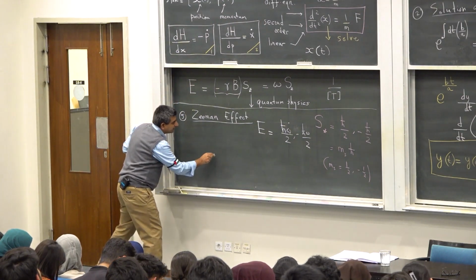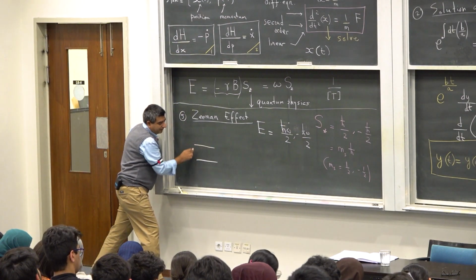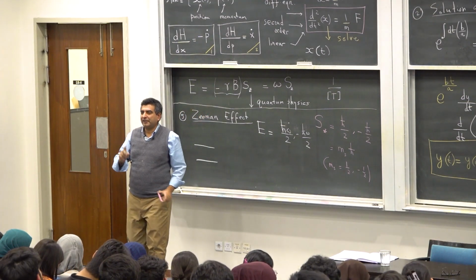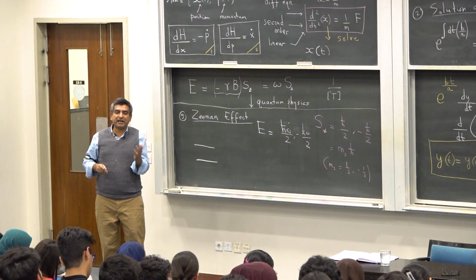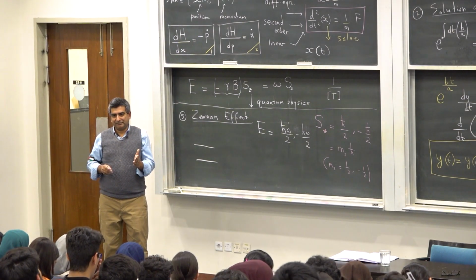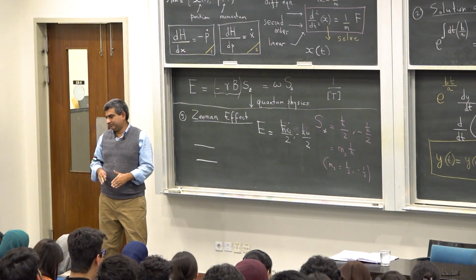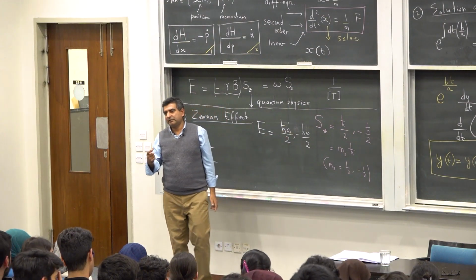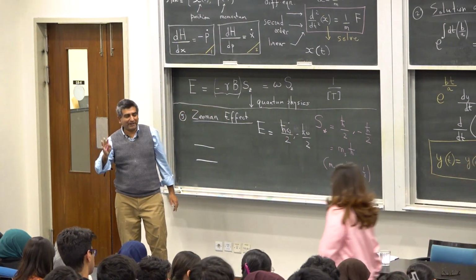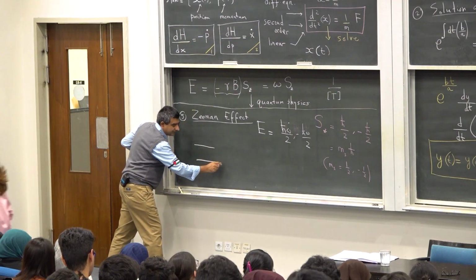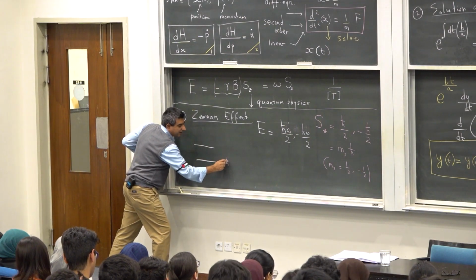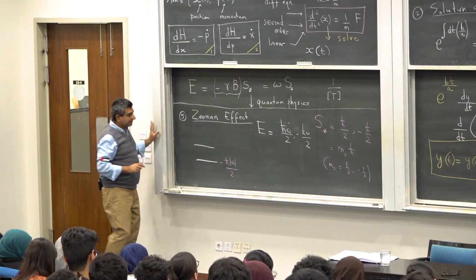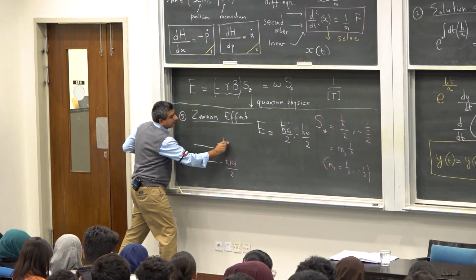And if I were to make an energy level diagram, there are two energy levels corresponding to the two configurations of the spin. If the spin points parallel to the magnetic field, the energy will be lower. It will be this case, because omega now is negative, but you can forget that for a minute. One of these energies is minus h bar magnitude of omega over 2. The other energy is plus h bar omega over 2.